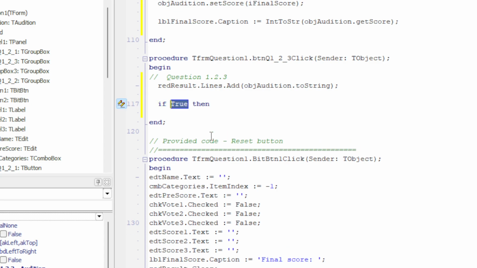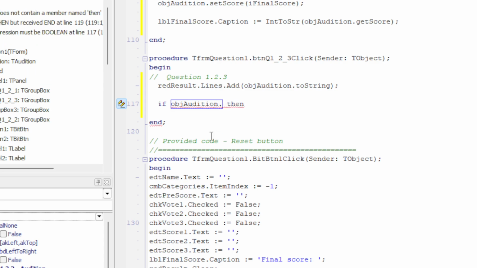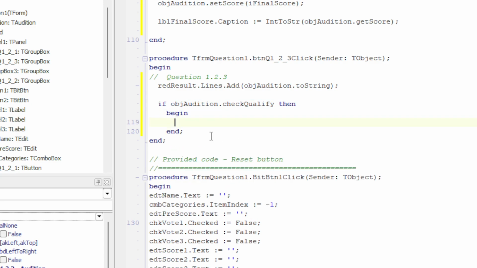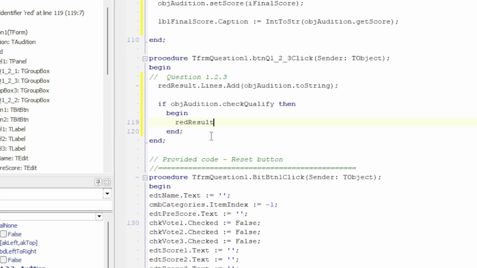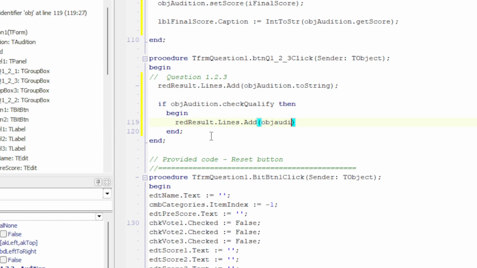Now, the next part is we have to determine whether or not this candidate has passed or not, right? So I'll go if obj audition dot, and now we worked out this whole method called check qualify, right? To check if the candidate is qualified. And it returns true when the candidate qualifies, and it returns false otherwise. So if it is true that the candidate will qualify, then I can go red result dot lines dot add. And what do I want to add? Well, I want to do obj audition dot getName method